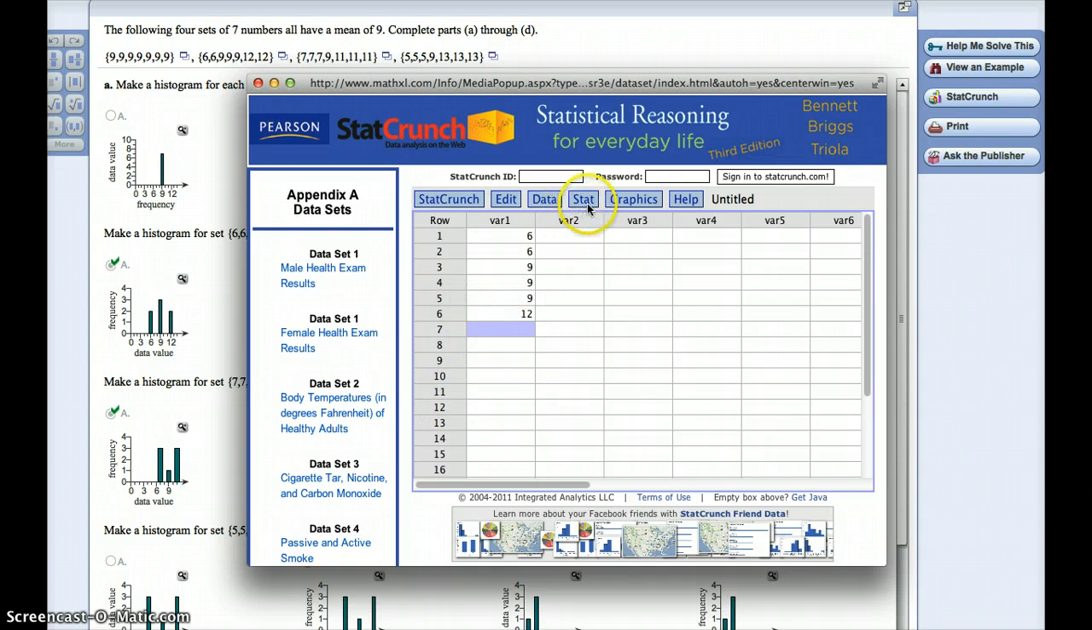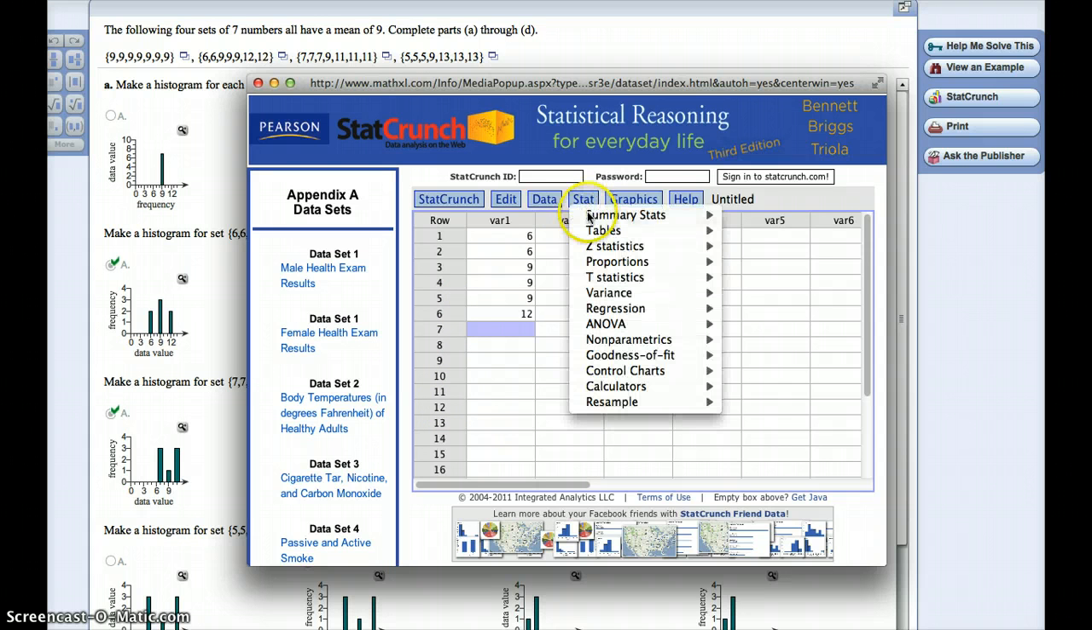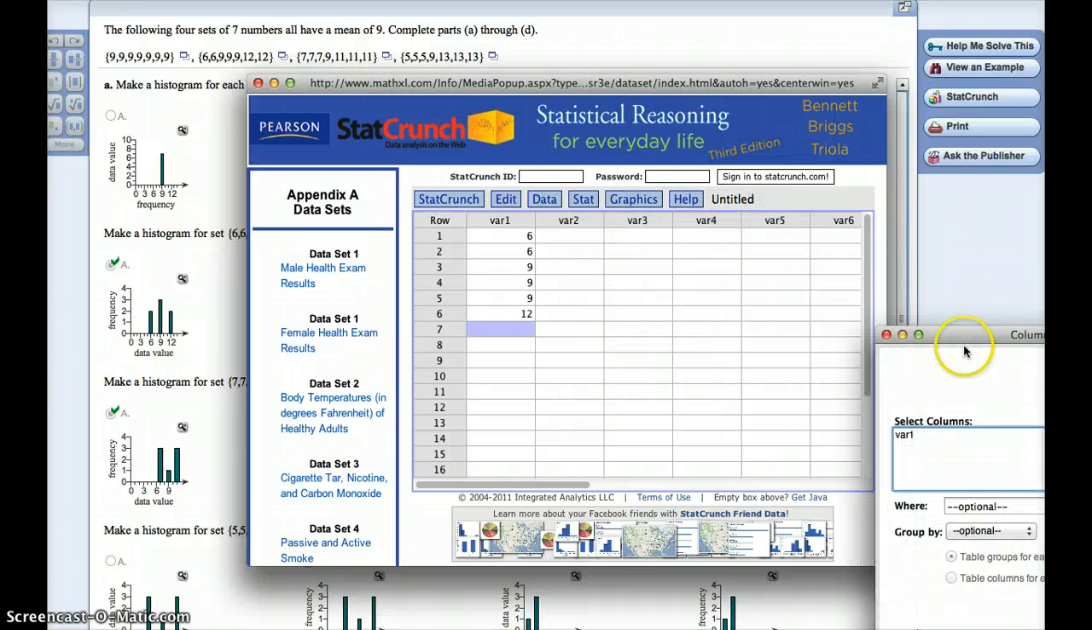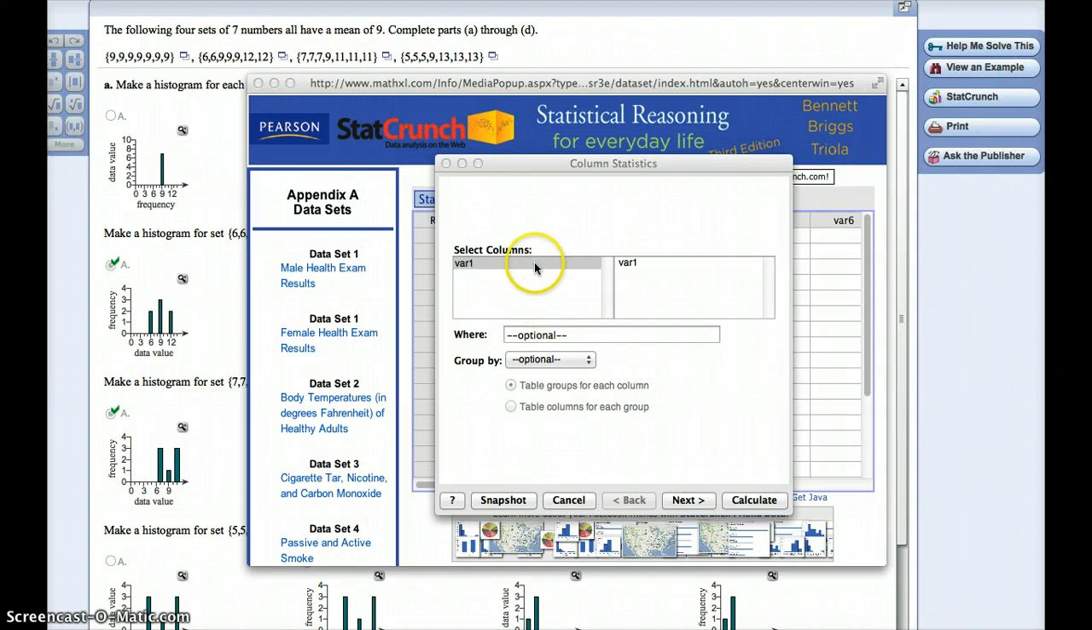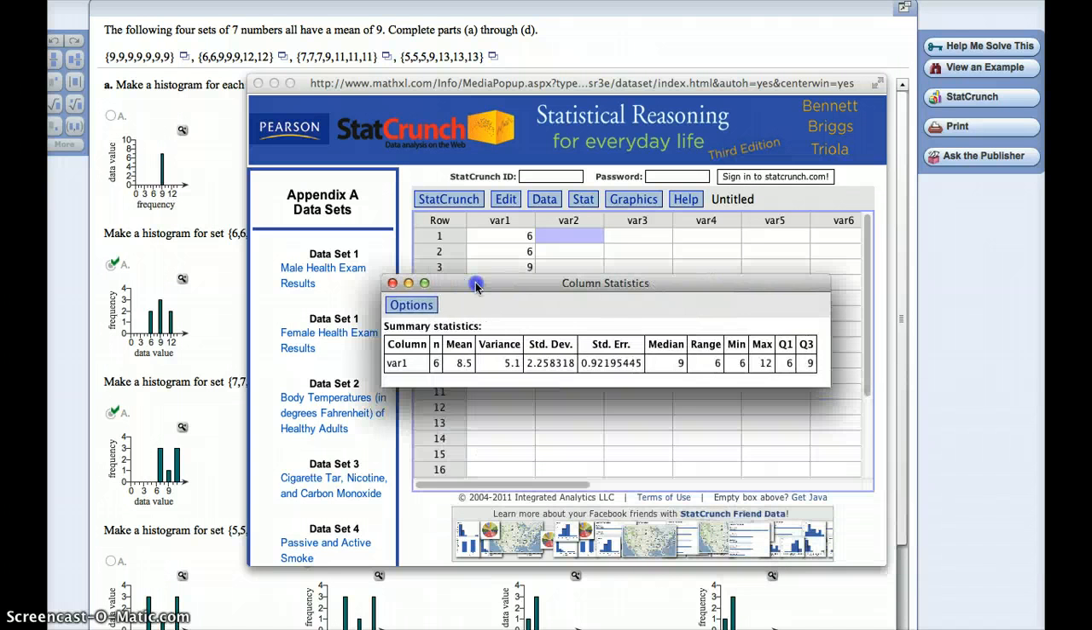Then if I would like to analyze it, I can hit the Stat button, and I want some summary statistics. Now my data is organized by columns, so I'm going to choose column. And a pop-up window will come up asking me to choose the column I want to use. That's just in case you used more than one column. So I'll go ahead and choose the column I would like, and you'll notice it appears over here on the right as the columns that are ready for analysis. I'll hit calculate,